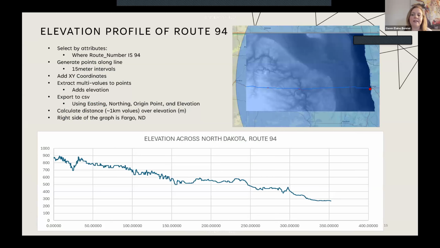So I went ahead and selected the Interstate 94, which is the major interstate that goes from Fargo, North Dakota, all the way to the western side of North Dakota. And I went ahead and wanted to create an elevation profile, which I have done in my work environment before, and I feel like users really respond well to this because you can actually see how the elevation changes across the road. So here, once I select where the route number is 94 in my select by attributes,